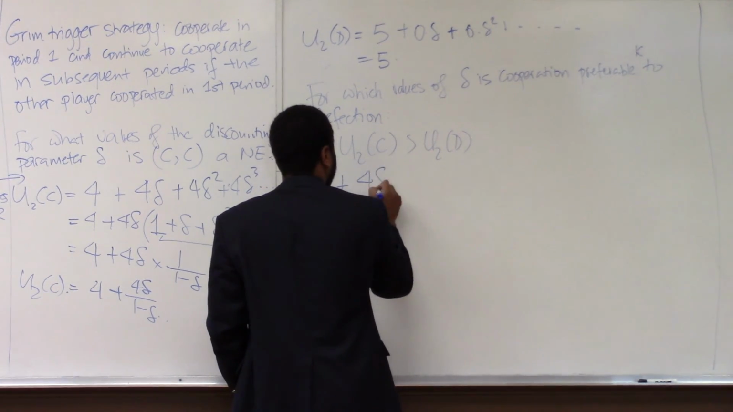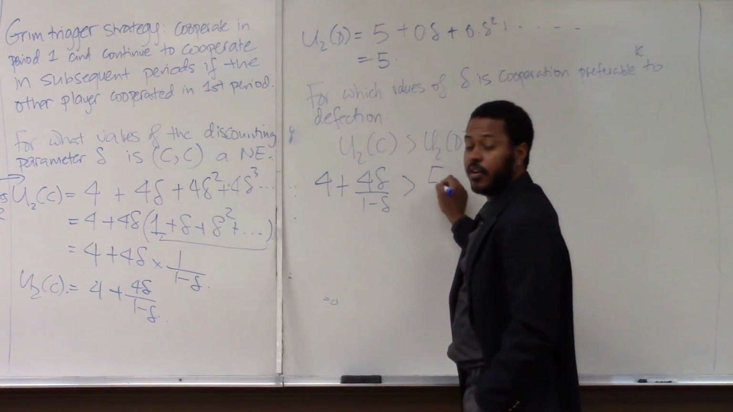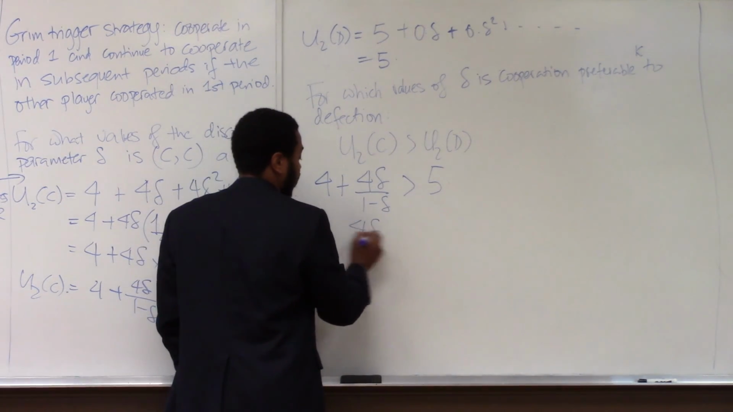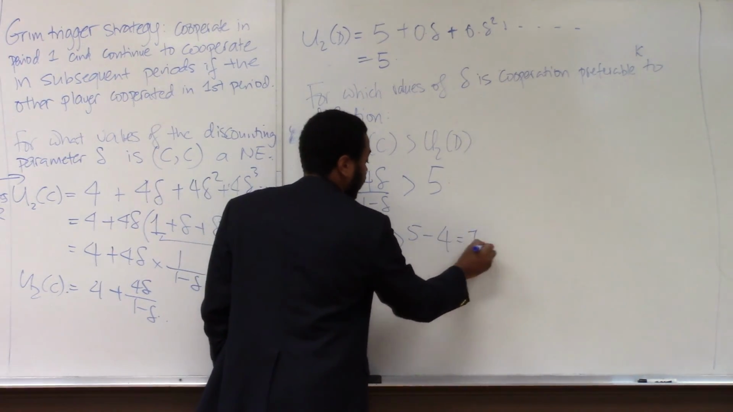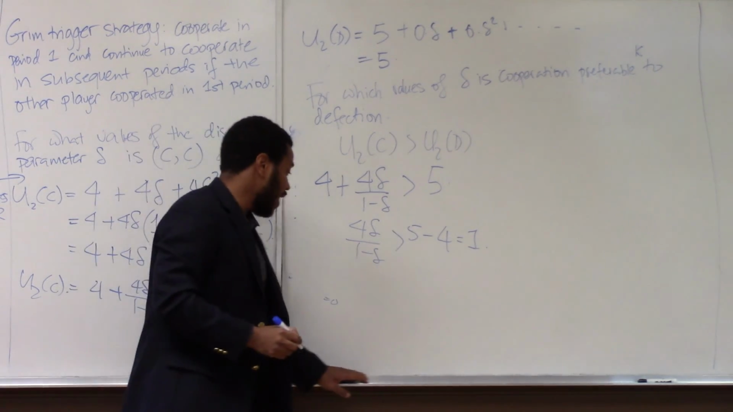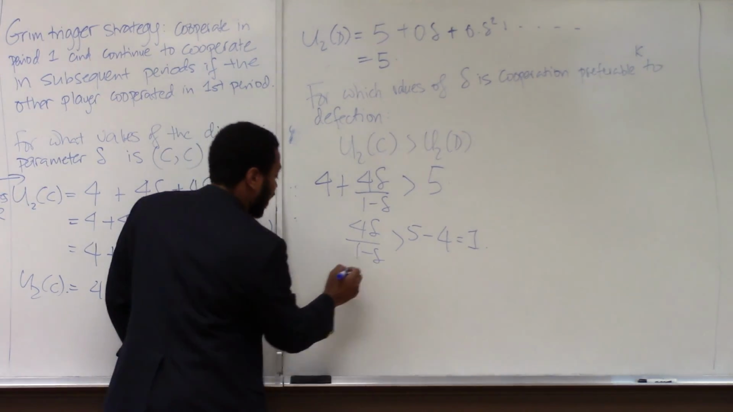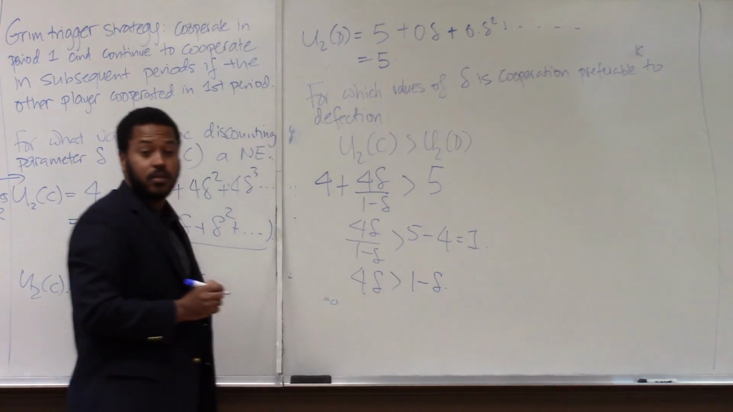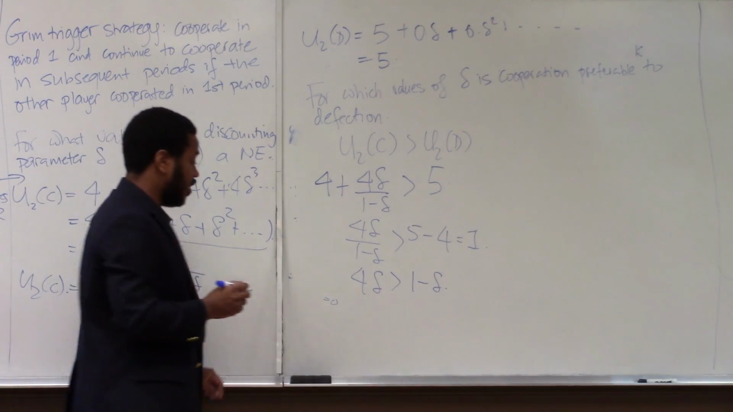That's right, 4 plus 4 delta over 1 minus delta. That must be greater than what? 5. Okay, so the way that we solve this is we say 4 delta over 1 minus delta is greater than 5 minus 4, which is just 1. Everyone follow that step of algebra? Then we can multiply both sides by 1 minus delta, and so we get 4 delta must be greater than 1 minus delta. Everyone follows that? Okay, good. And so we can